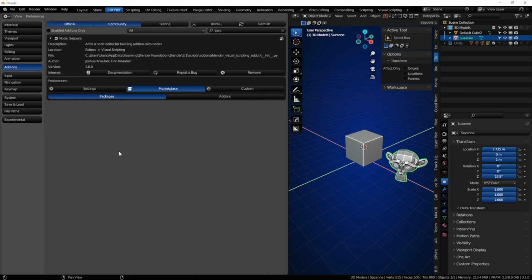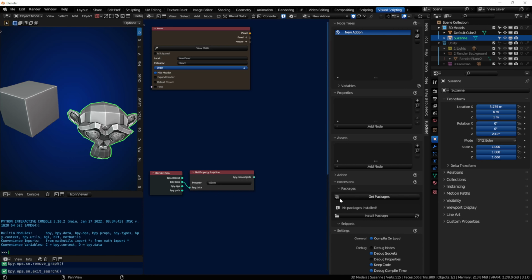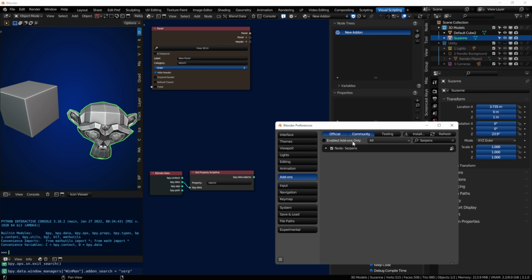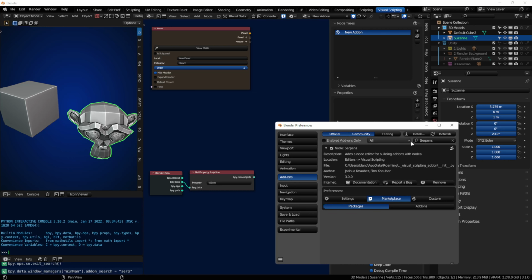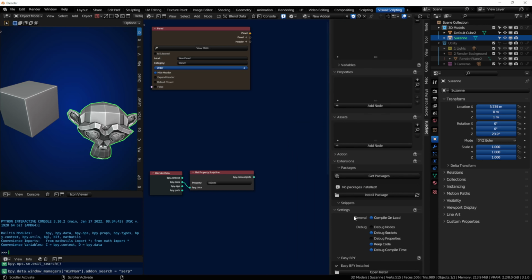Yep, and we made packages a bit more obvious. They're in the node editor now. You can install them from there, so they're a bit easier to find. You have this extensions panel here, where you can install packages, and you will be able to install snippets as well. The idea is that the Serpens core will be very stable and very useful at some point,